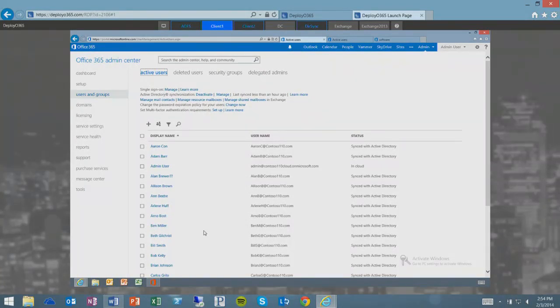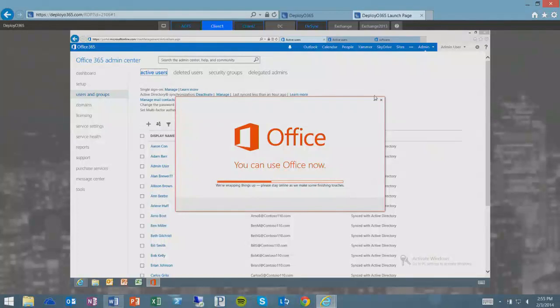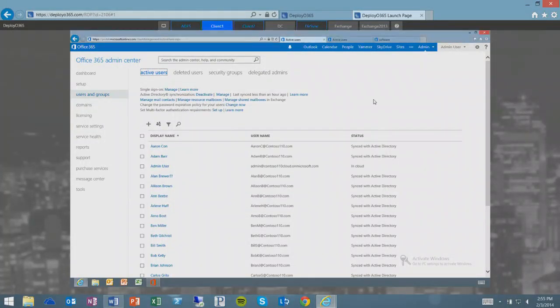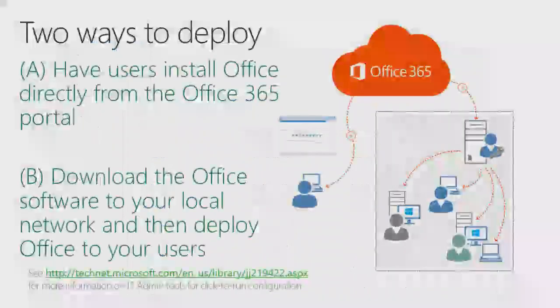Question in the back. Yep. To do Click to Run, it's admin. To do this one here, to do the second one there, you'd control it. So whether you're doing System Center, whether you're doing software pushes, whether you're doing it as just a simple command when they log in, you would be able to control that and control the deployment. From an end user perspective, they do have to have admin rights as Click to Run will be installing on the machine.